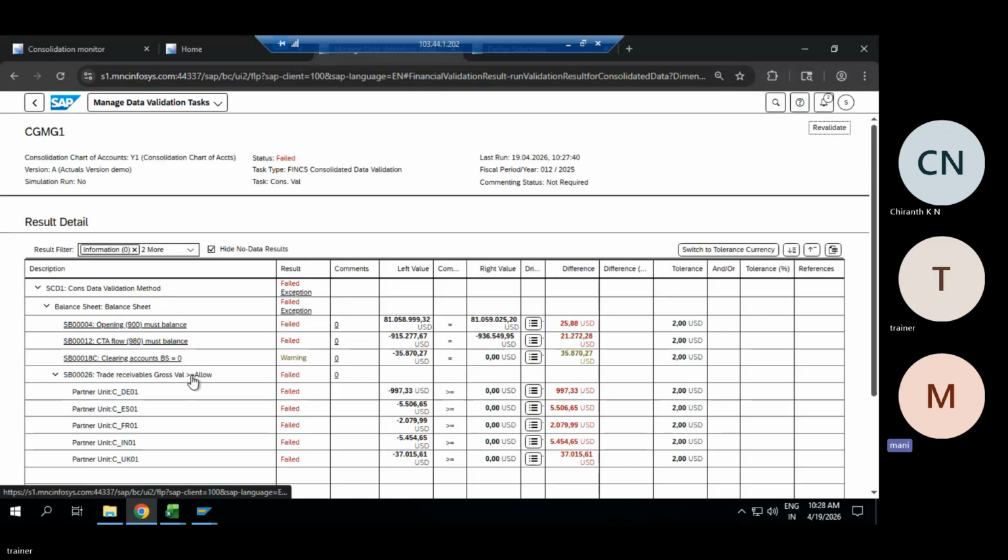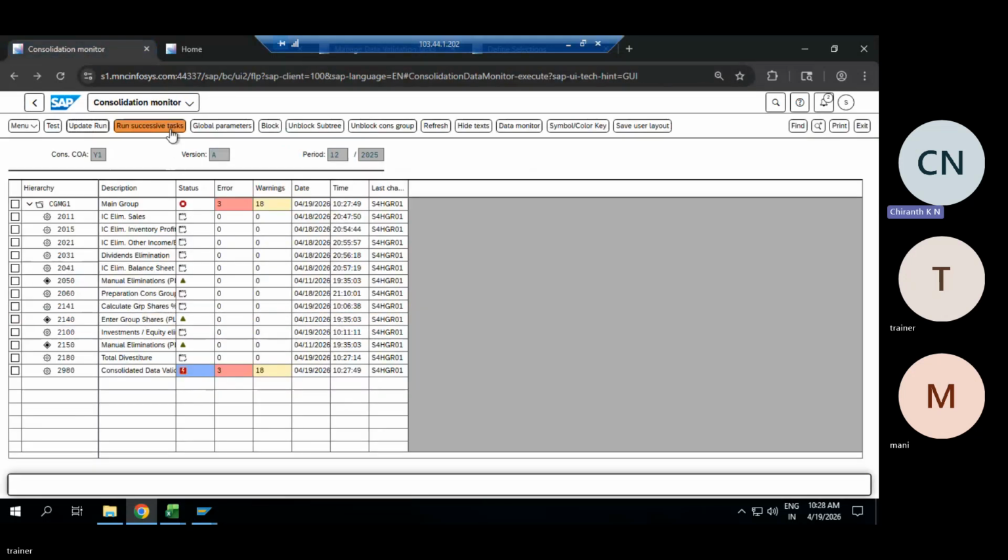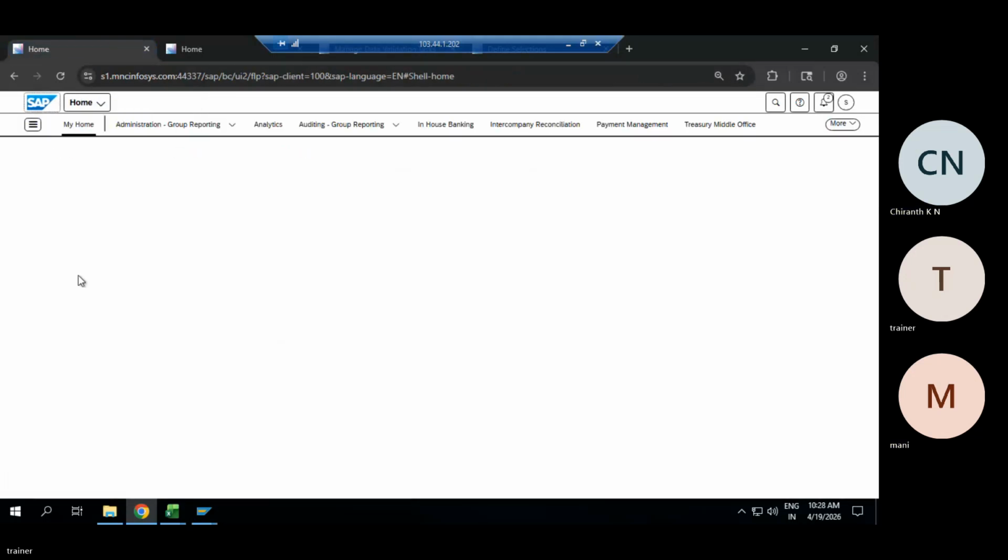The depreciation one was not matching, right? Correct. So cleaning account. If data is not correct, you can get those kinds of errors. There are two types of validation. If you go to the data monitor, the consolidation monitor.